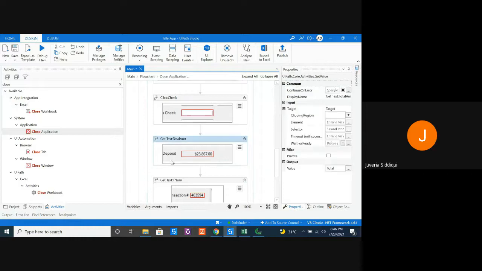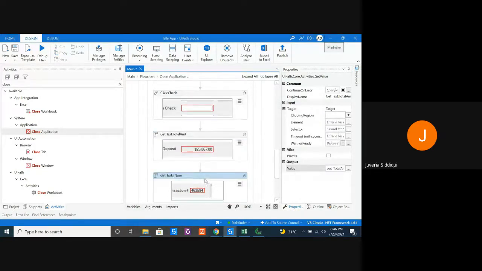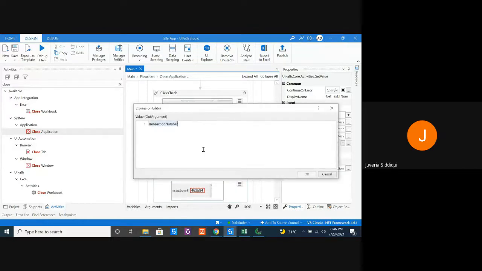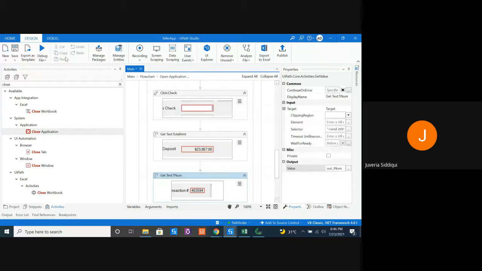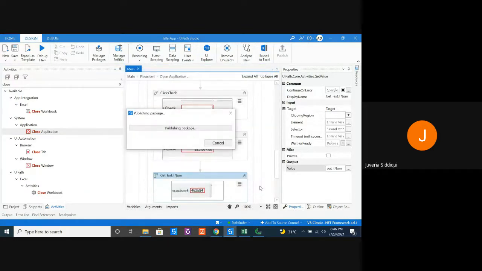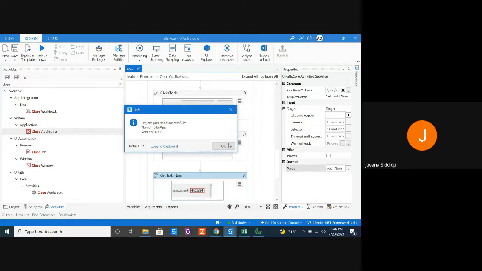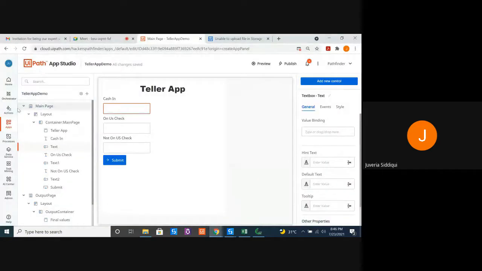Then your get text amount over here, instead of total, now we have an argument out total amount, and over here we have out transaction number. All right. So now let's publish this workflow so that we can start with binding. I'm going to simply publish it. Done. So I've created the package. I'll create a process on my orchestrator.